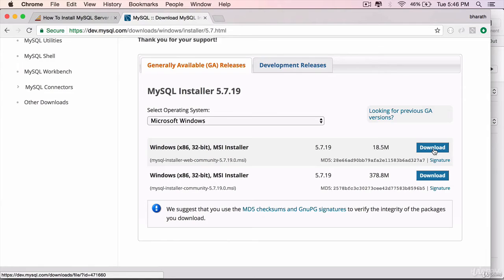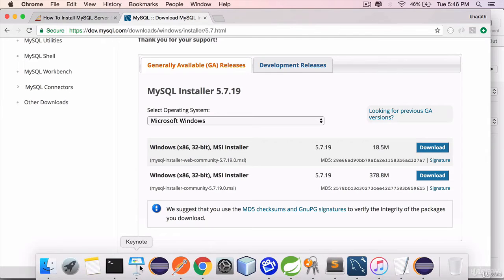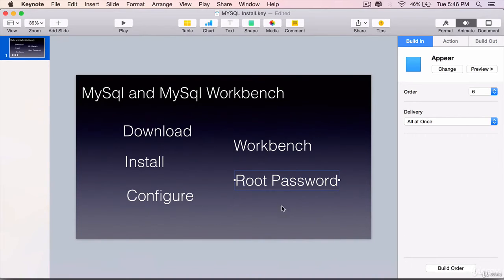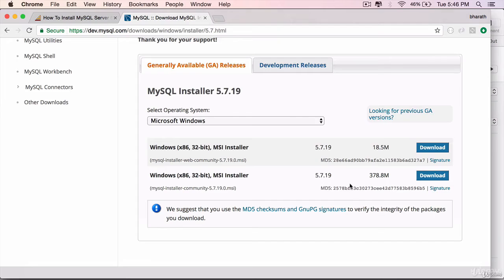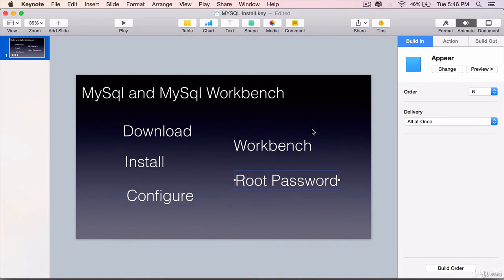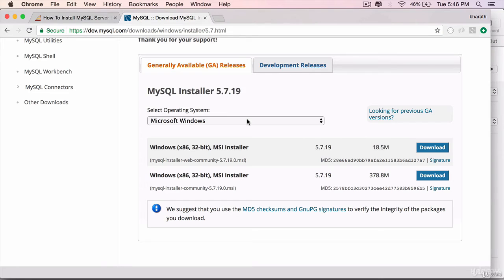Once the installation completes, it will ask you if you want to configure the MySQL server. Click on that, and that is where it will prompt you for a root password. And make sure while installing, you check the Workbench option as well, so that you will have the Workbench installed as well. And at the end of it, it will be running as a Windows service automatically for you. Every time your machine restarts, MySQL server will be up and running. You can manage that by going to your Windows services.